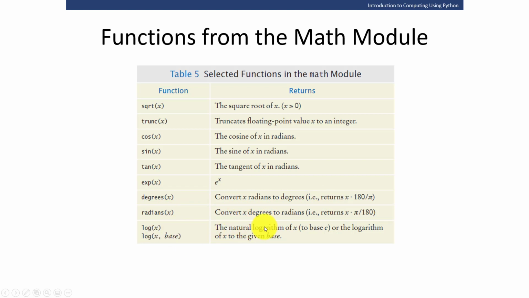The log is the natural logarithm to base e. And the log is overloaded as well, because we can compute the log of 16 to base 2. And this will give us what? 16 to base 2. This will give us 4. Okay,